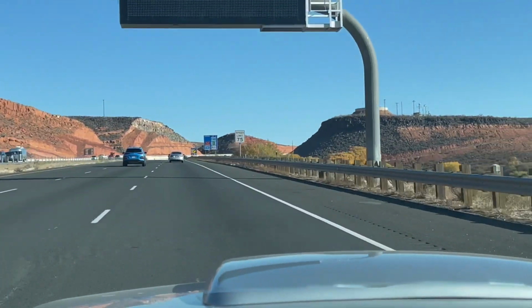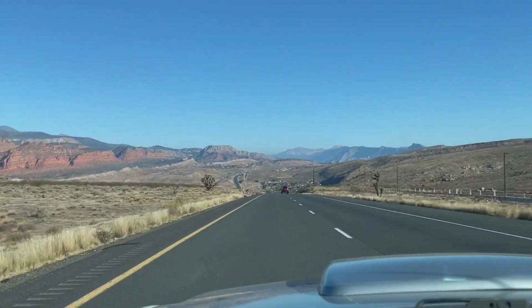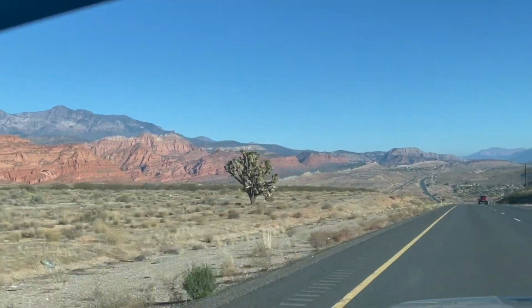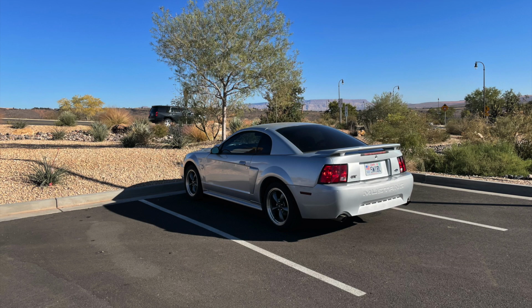We have two new temples going in here, but they're both, one's being built, one's under renovation, so we had to travel an hour to get there. And it was a nice date with the wife, and I thought, let's take the GT. It'd be great to go up there. I took the yellow Mach 1, and I've taken the Tahoe up there when it snows and stuff, but